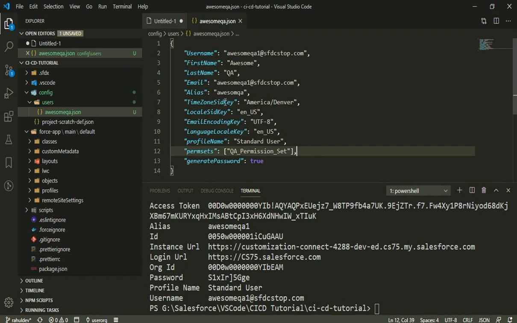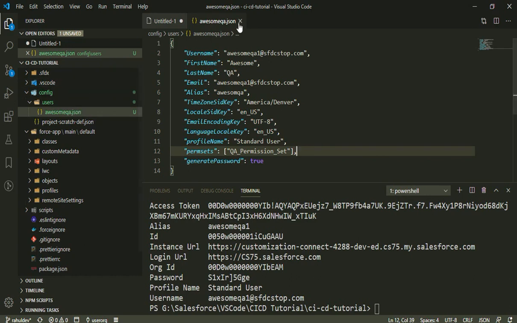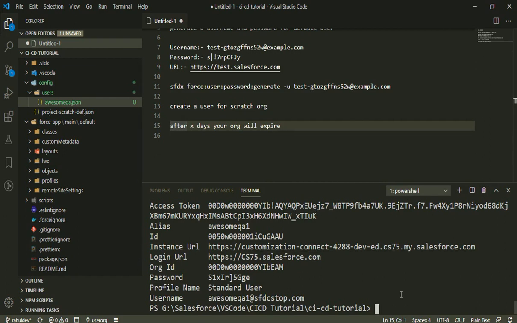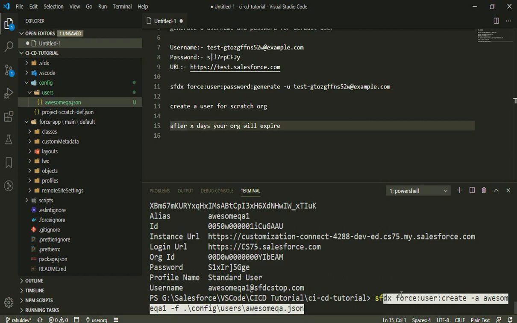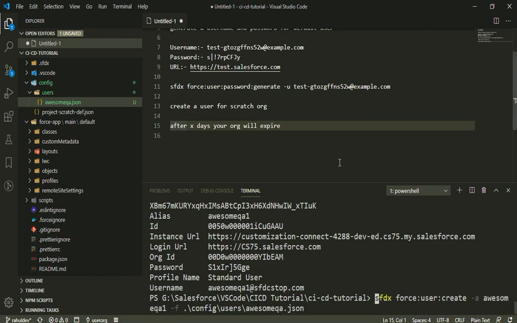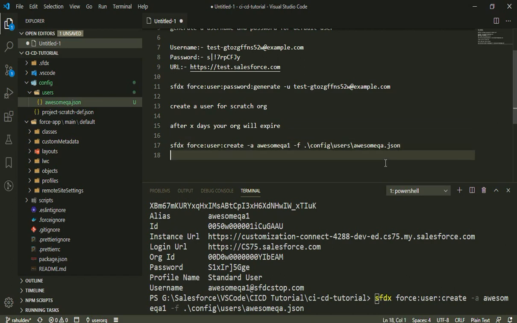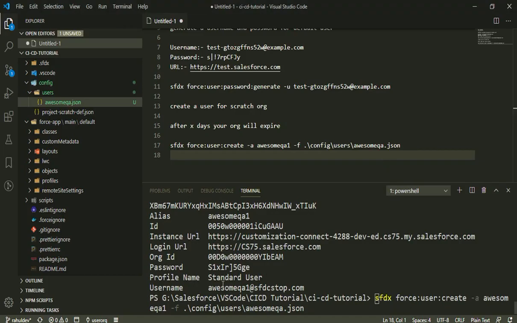Okay, so we got to know how we can actually create a user, and let's say you are shifting to a new scratch org. Let's say your scratch org is expired and you are shifting to a new scratch org. So you just need to do nothing. You can simply use this particular file that is there in your project forever now, and you can directly create a new user by executing this simple command, which says sfdx force user create and then an alias and then a file for this, right? So I'm just going to write this command here, and therefore we got to know how we can create a new user for our org.